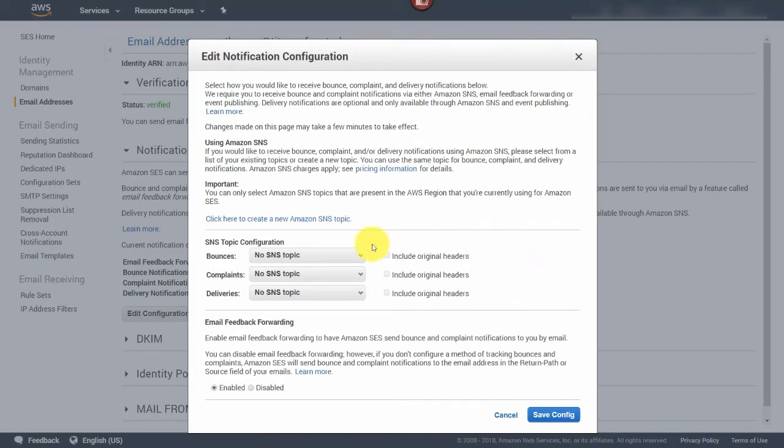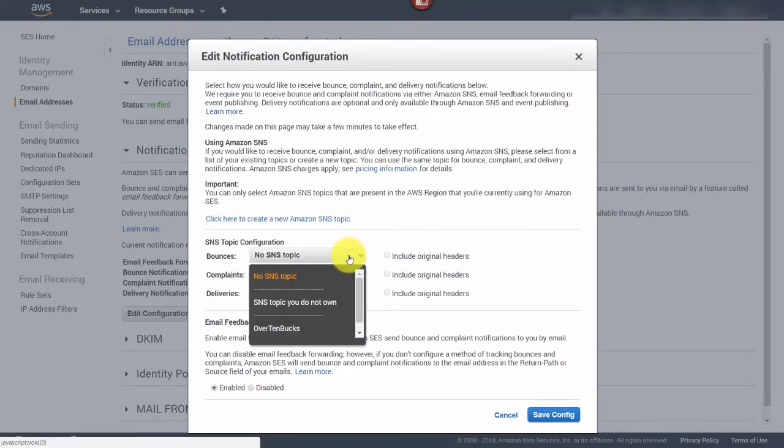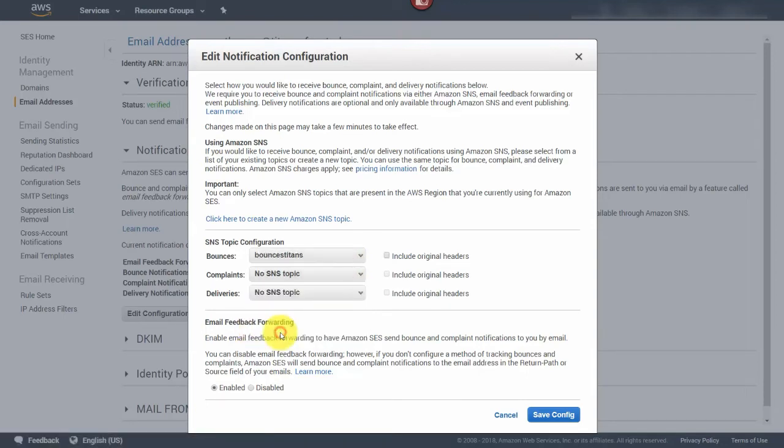And then we're going to select the topic for our bounces, and we will select the one that we want. And then we'll do the same process for complaints and deliveries. Once we have our topics, we will then save this configuration. Then we will get notifications for bounces, complaints, and deliveries sent to our email,